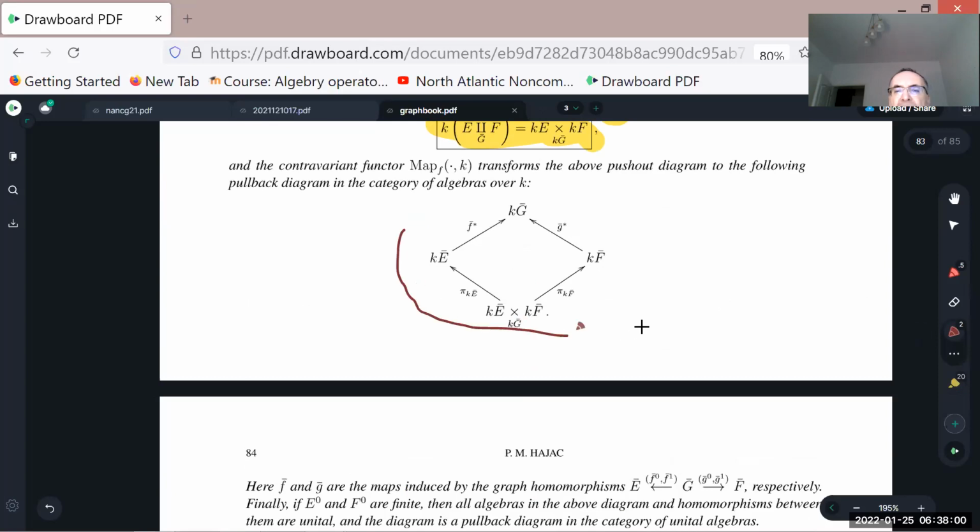On the other hand, we hope that, if we have some further assumptions, this commutative diagram induces a quotient commutative diagram, where now instead of path algebras, I put Leavitt path algebras. Okay, so LKG,